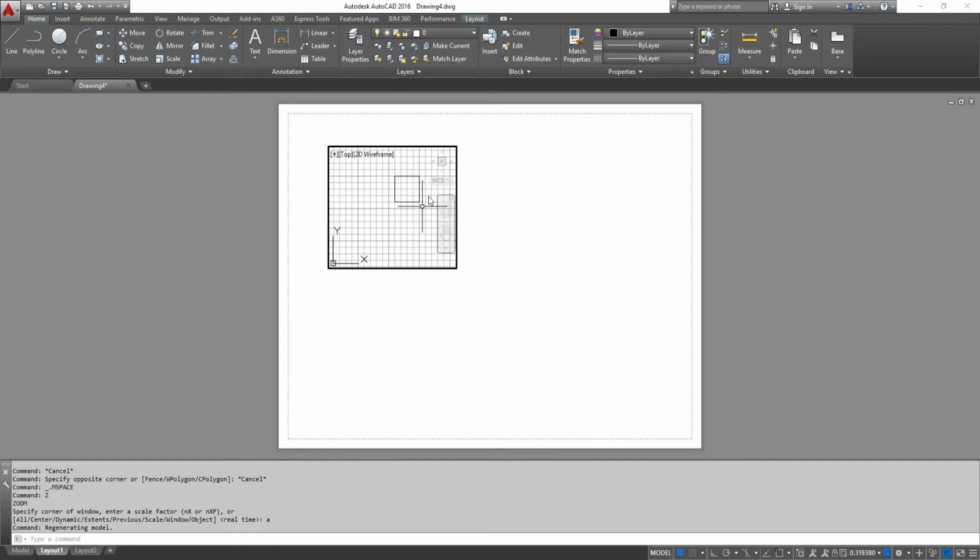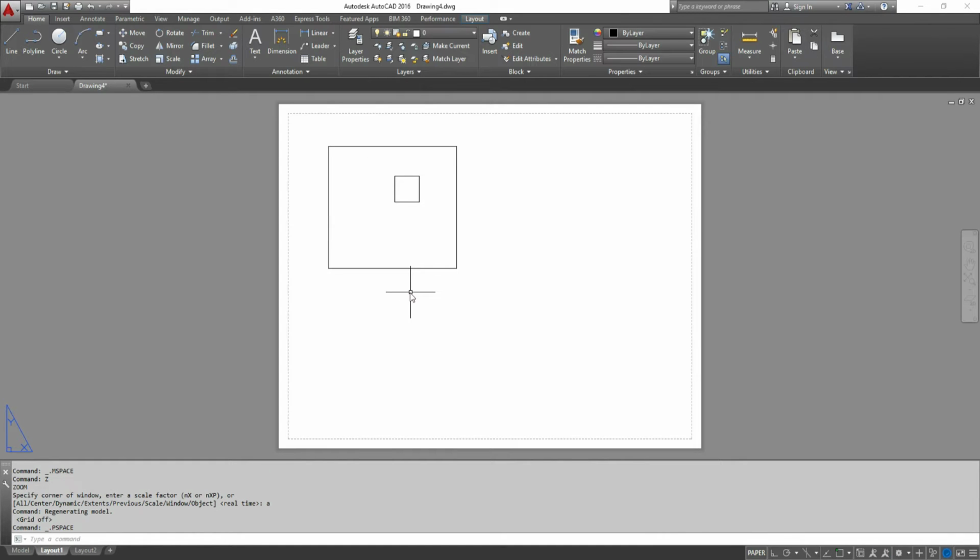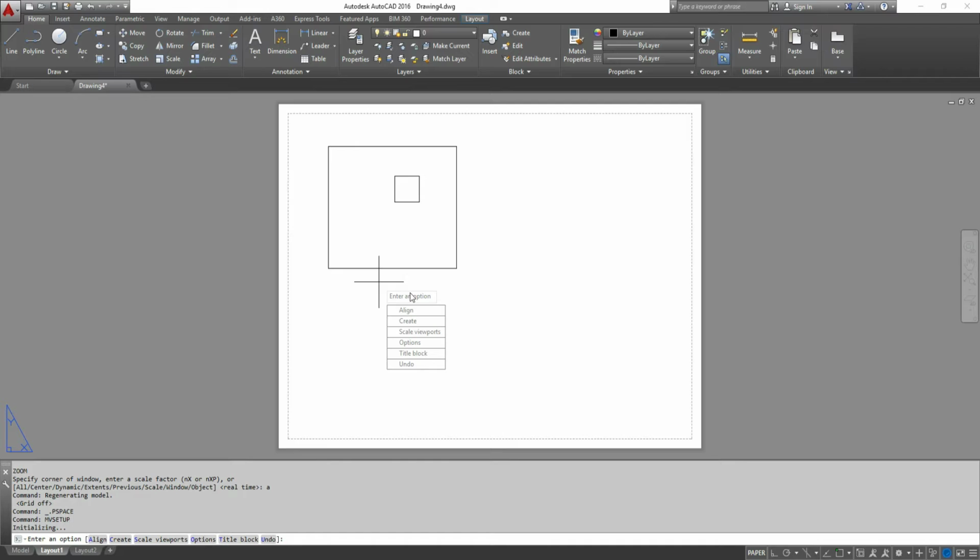To eliminate the grid lines, there's a tab on the lower right corner. To exit the model space, you double click in the paper space. Now to scale this viewport, there's a shortcut command called MV setup, and you enter S to scale viewport,